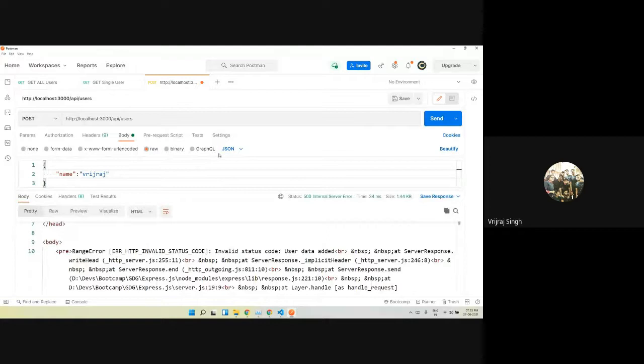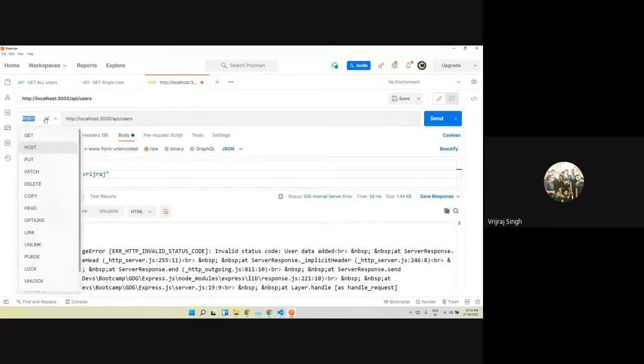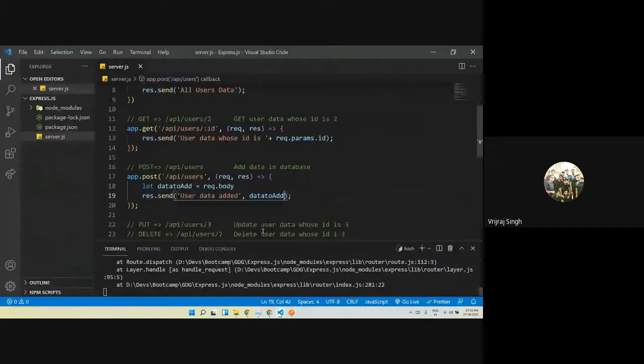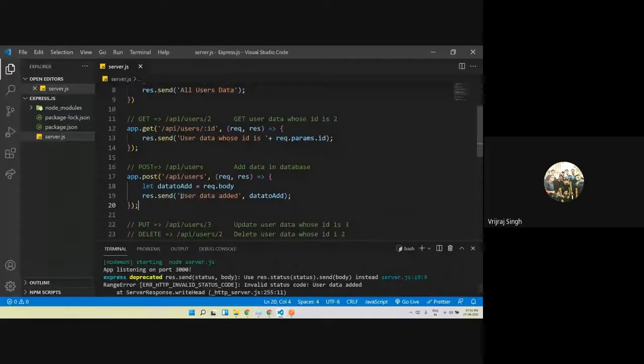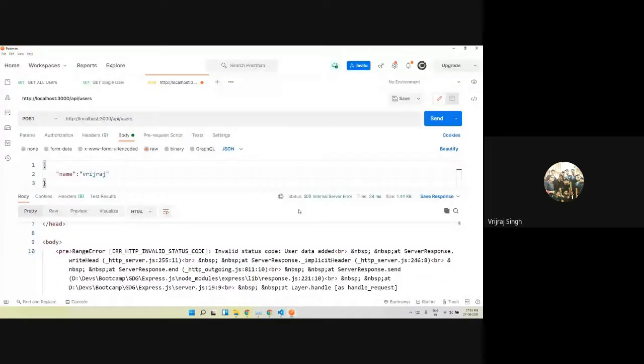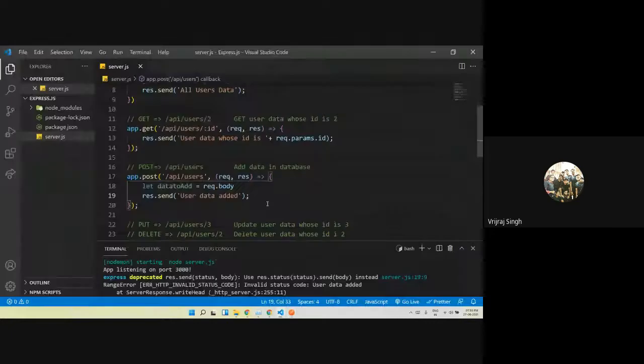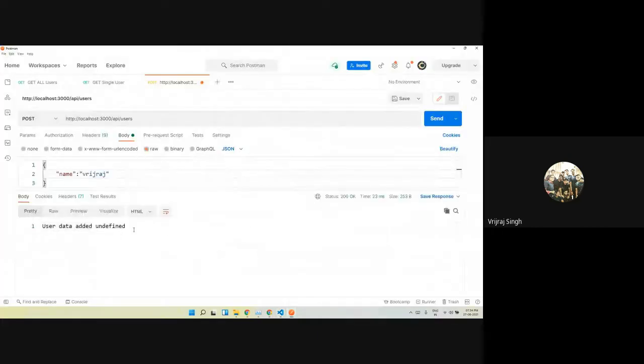Post request API slash user. I will check. Okay, so let me remove this one and let's check whether it's visible or not. Yeah, so this is working, and you can print those data in this way. Say you can use the plus symbol, and then you can write data to edit, and then write it this way. So I will save and then call the APIs once again, and here we have a data,